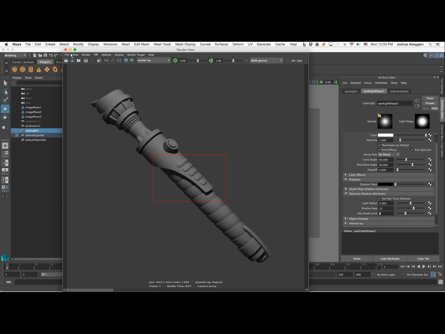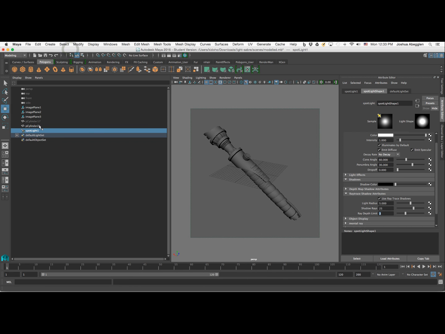Now this first light source that I've created is going to be our primary light source. In a 3-point lighting situation, we would call that a key light. So I'm going to go ahead and relabel that spotlight as the key. Now, when I'm setting up a couple of different light sources, I actually like to play around with a little contrast in terms of the temperature of my light